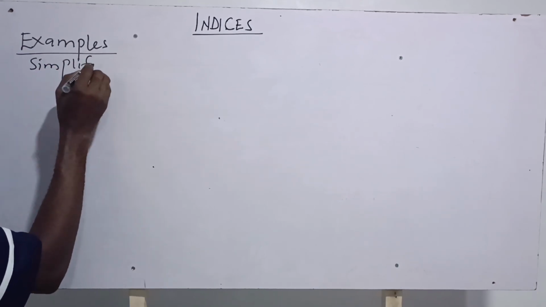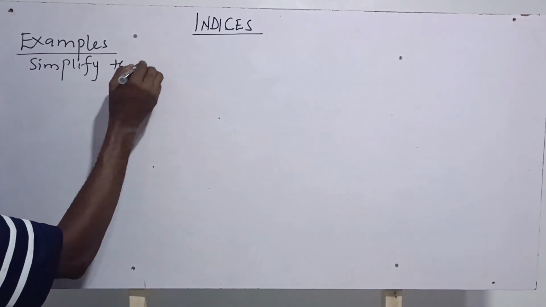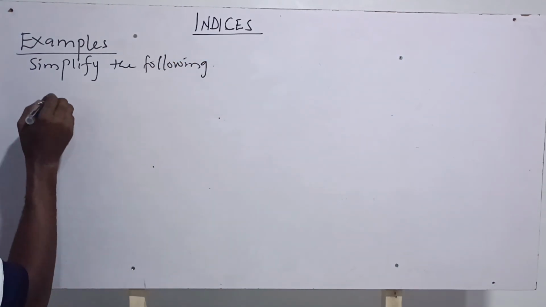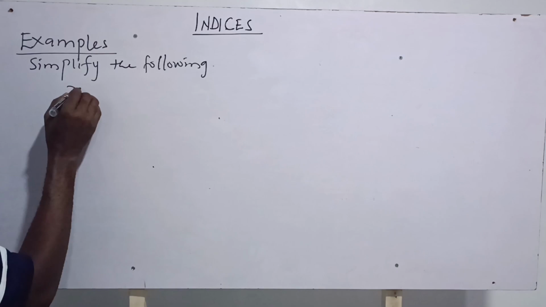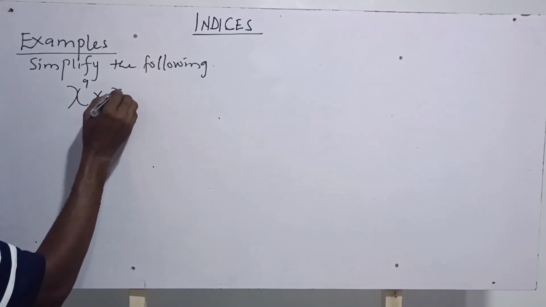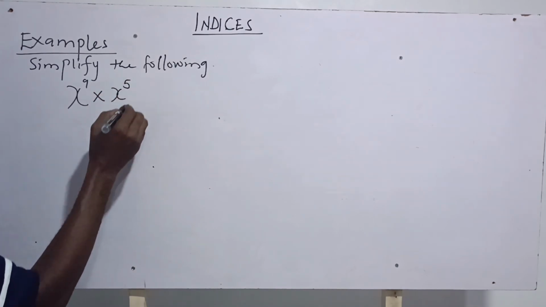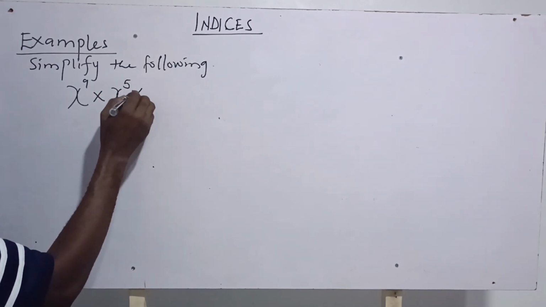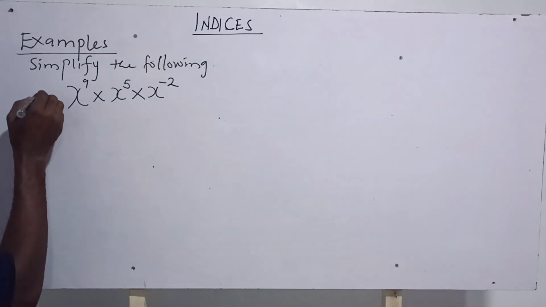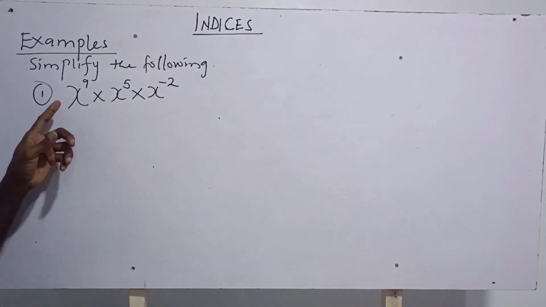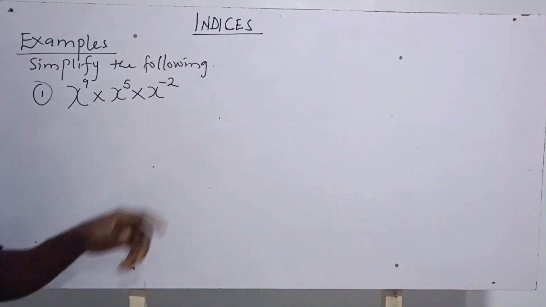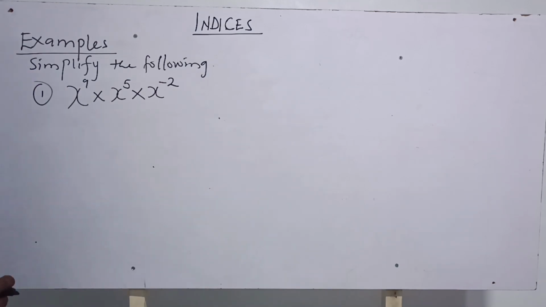Simplify the following: x raised to power 9 multiplied by x raised to power 5 multiplied by x raised to power minus 2. Now, going by our formulas and laws that we have explained before,